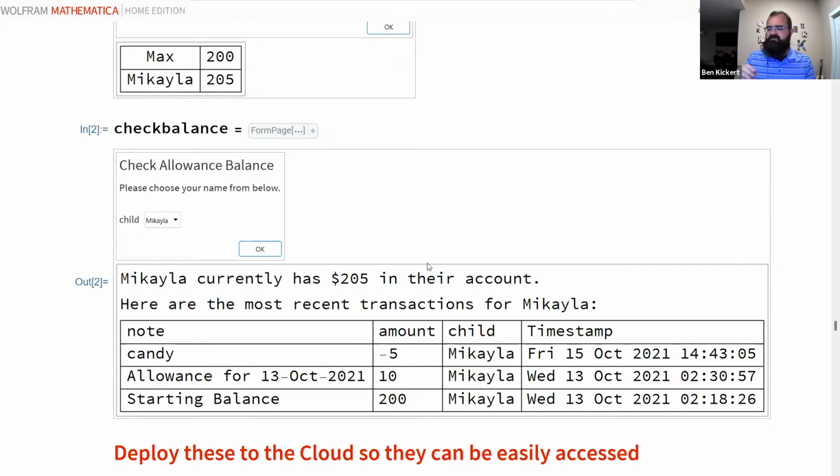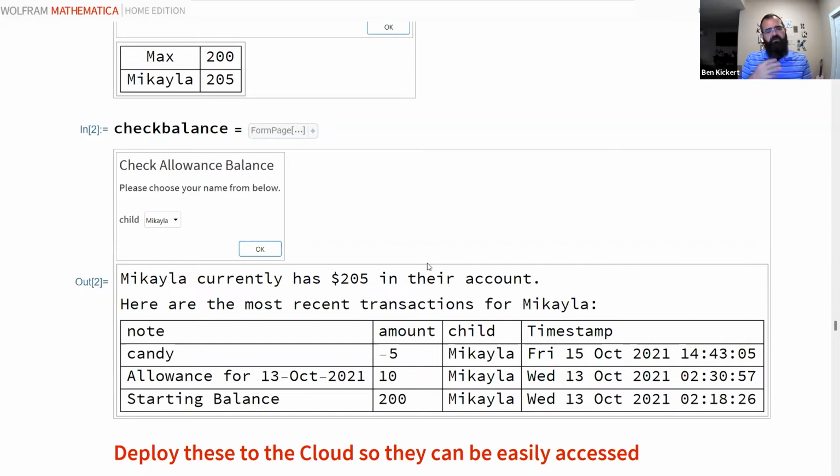And the reason I say that is because it has allowed my kids to be more hands-on with their own financial situation, where if they had money in their cookie jar on the dresser, they might not pay attention to it or might not know how much is in there. But just the other day, my son wanted to buy Pokemon cards. He pulled this form up on his tablet. He saw how much money he had. He realized that that was going to be a pretty big hit, and he's like, "Nope, I really want the Pokemon cards." So he did it.